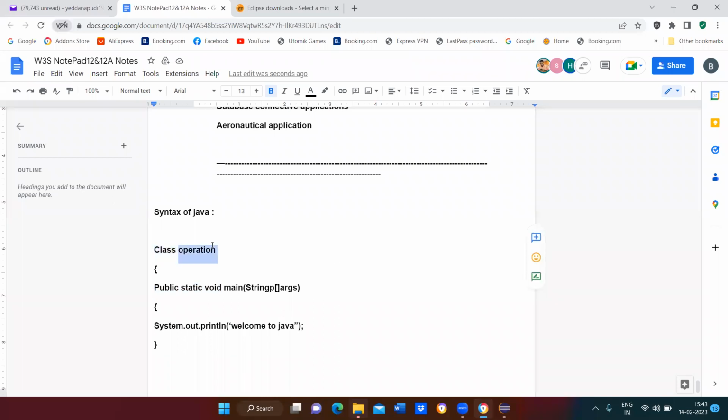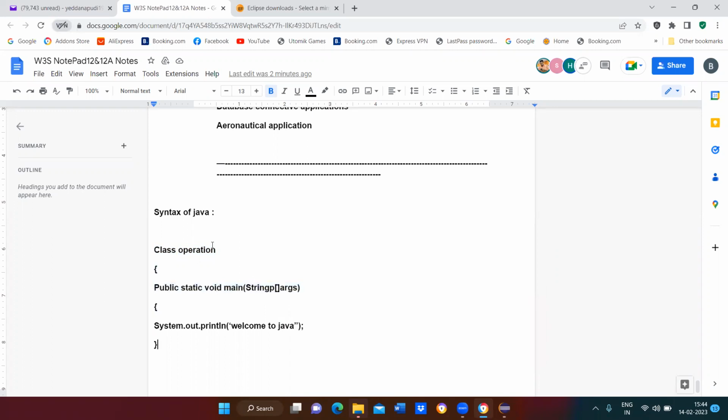Operation is user defined, because I have created it with the name operation. And at the bottom you can find public static void main. This is the main method. Without the main method, you cannot compile the program.